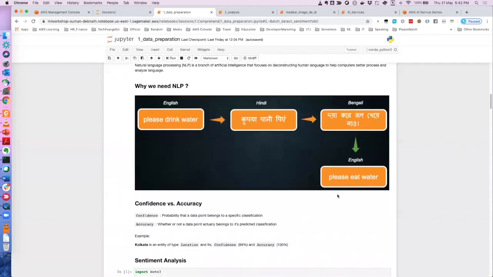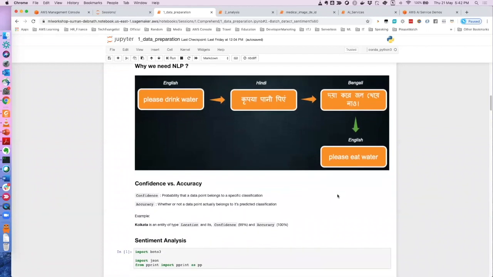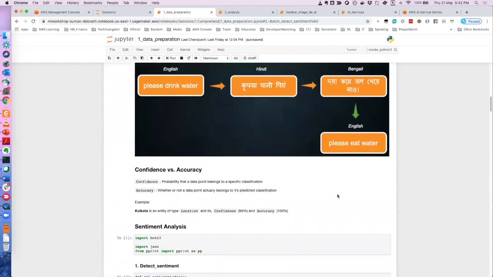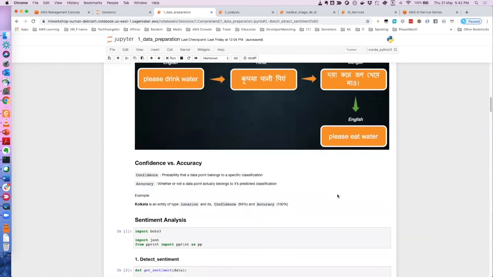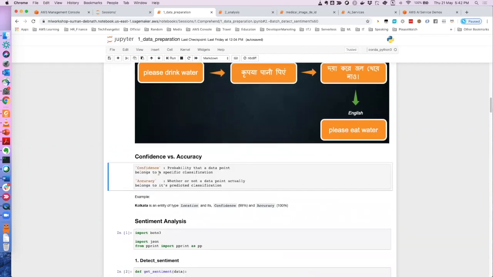Now, when we talk about machine learning or any prediction, there are a couple of terms that you will see in the demo as well, but I just want to give you some intuition of those terms, which are very, very important. One is the confidence. Confidence is basically, whenever a machine is predicting something, the machine will also say how confident it is in predicting that result.